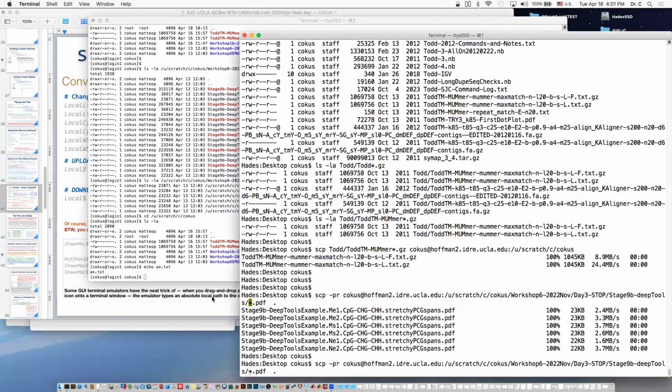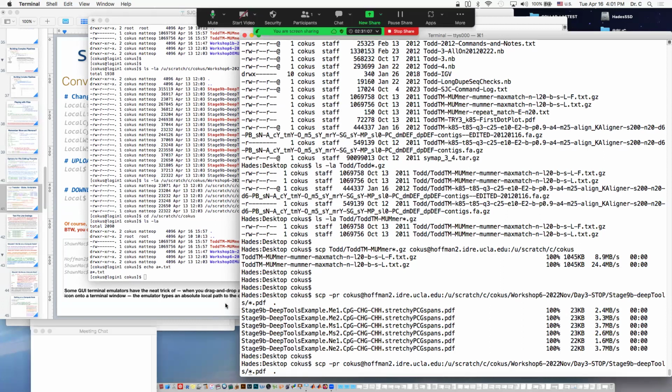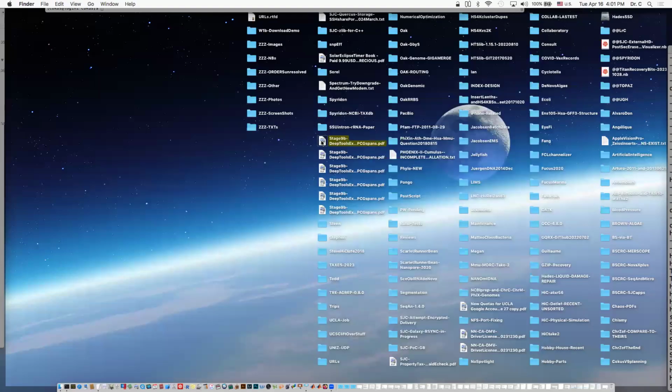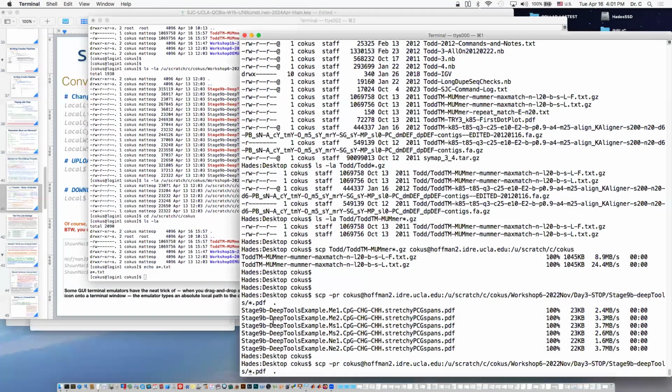So even though I didn't escape this star, my local shell tried to expand it and failed, and so left it alone. That means when SCP transmitted this, the other side's shell got this as an asterisk and did the expansion on the remote side. That's exactly what we wanted, and we did copy the files we wanted, and they're sitting here on my desktop, and I can look at them with a PDF viewer and whatever. Everything's great. Probably we should have just escaped this asterisk from our local shell, because that's really what we wanted